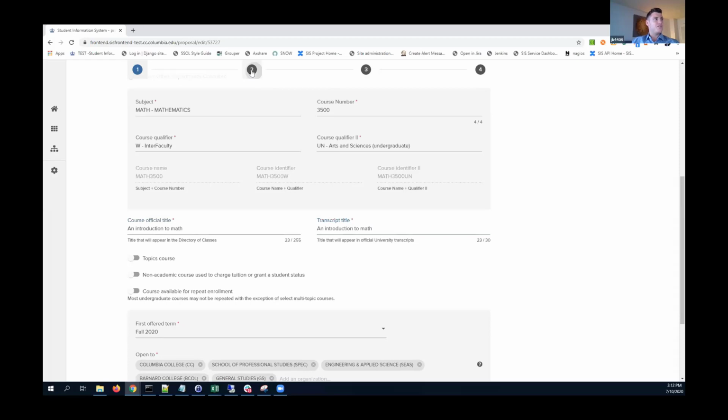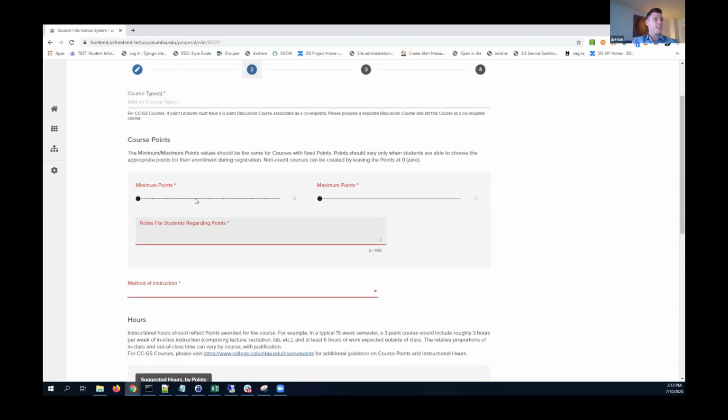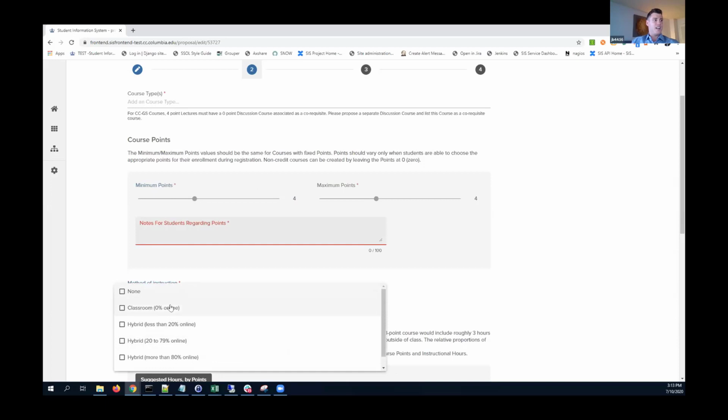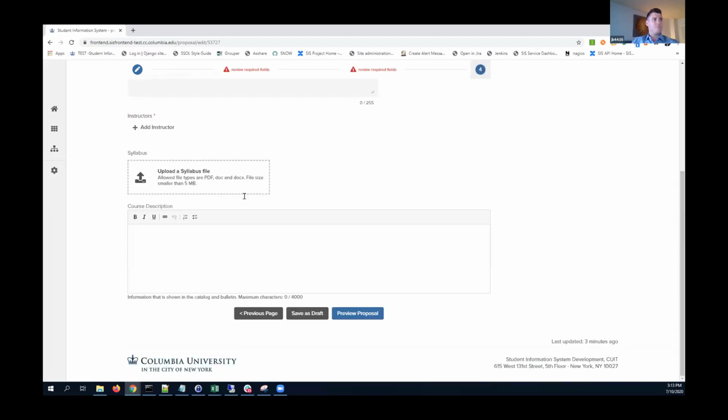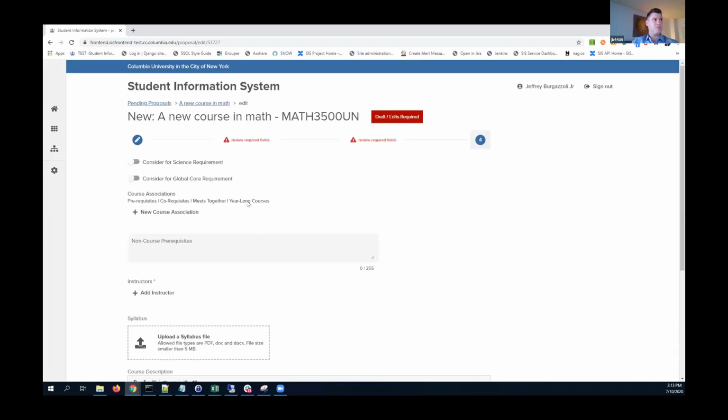And then I'd proceed through the rest of the steps by specifying things like credits, maybe notes regarding those points or credits. Is this course offered online? Is it classroom? Is it hybrid based? You proceed through the rest of the steps all the way down the line to eventually uploading a syllabus and adding a course description. Now, once I submit this, I'll take us back to the proposals area